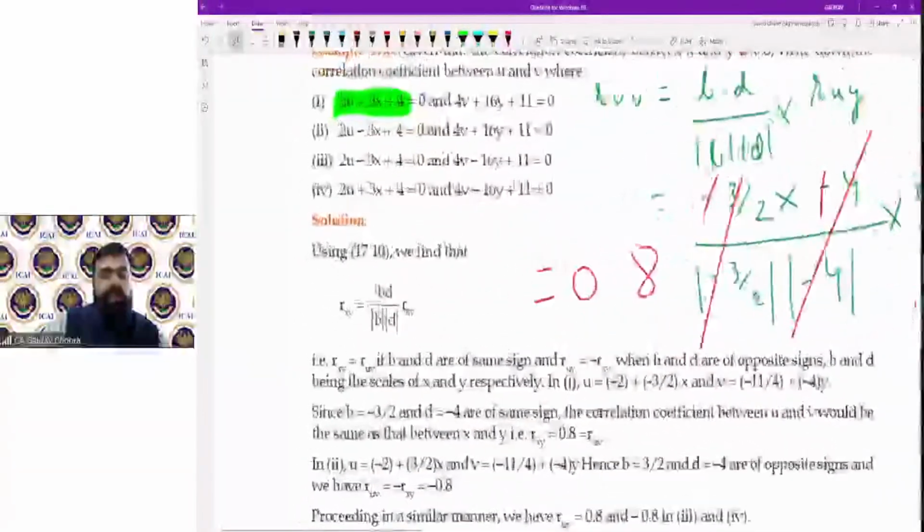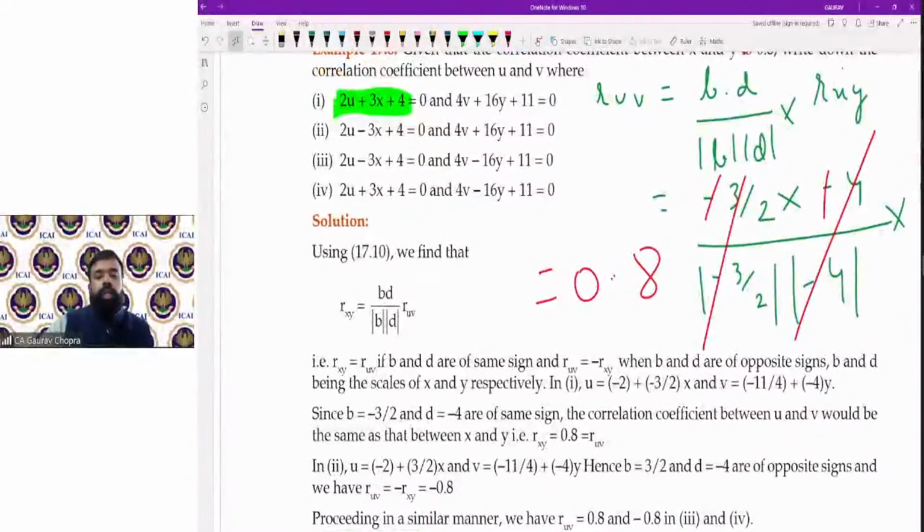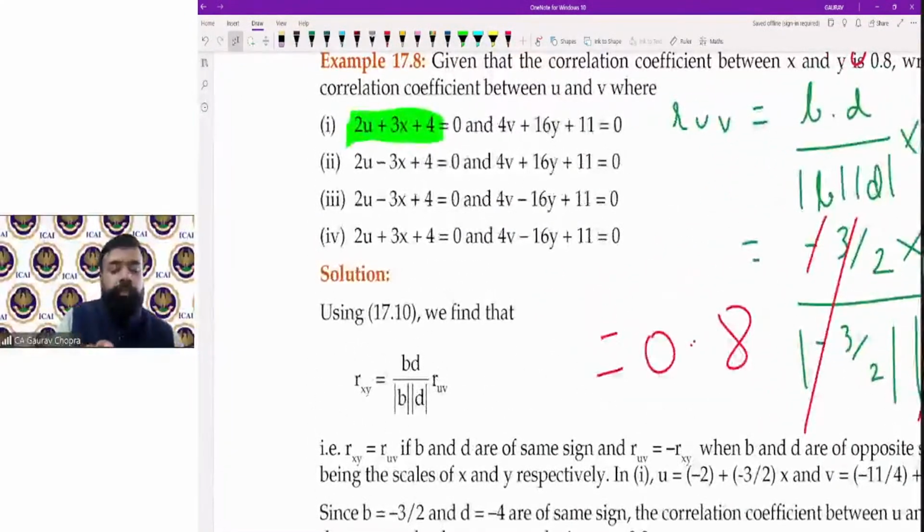नाउ ट्राई फॉर द सेकेंड वन। सेकेंड को आपको अरेंज करना है एंड लेट मी नो द आंसर। फर्स्ट इक्वेशन को जैसे आपने अरेंज किया, एक्स का कोफिशिएंट वहां जाके क्या बन जाएगा? पॉजिटिव। एक्स का कोफिशिएंट बन जाएगा पॉजिटिव, वाई का कोफिशिएंट होगा नेगेटिव, so the result will have different sign, that is 0.8 negative. Answer will be minus 0.8 because दोनों का साइन डिफरेंट।